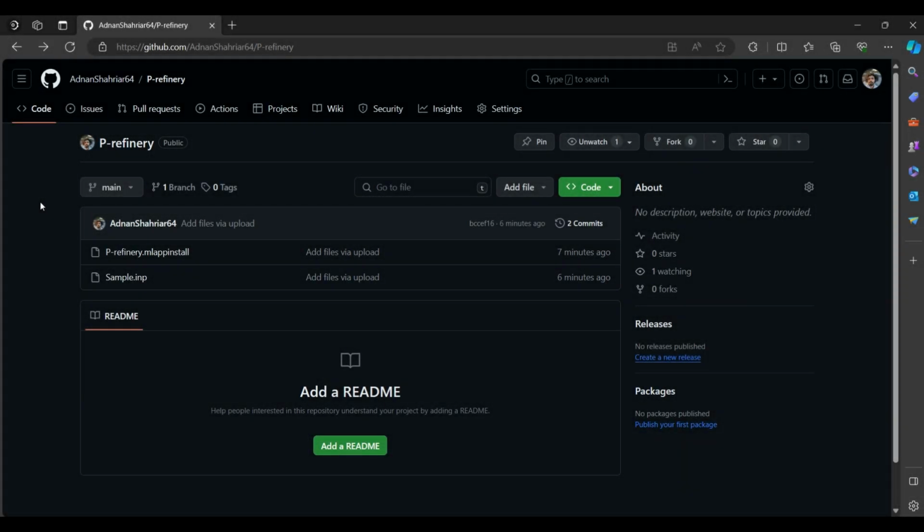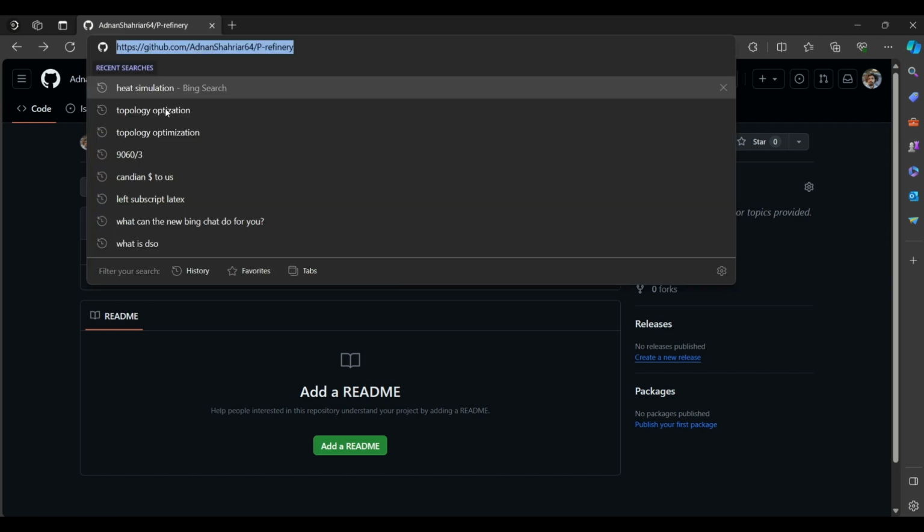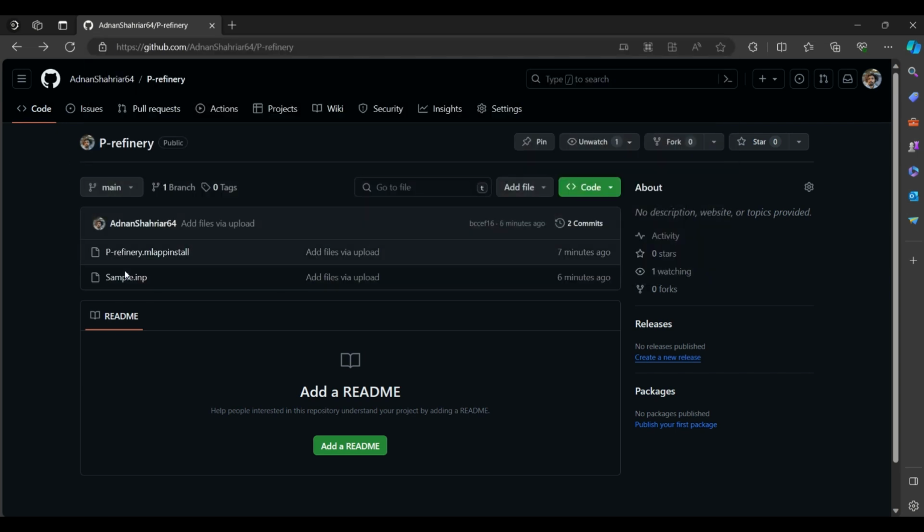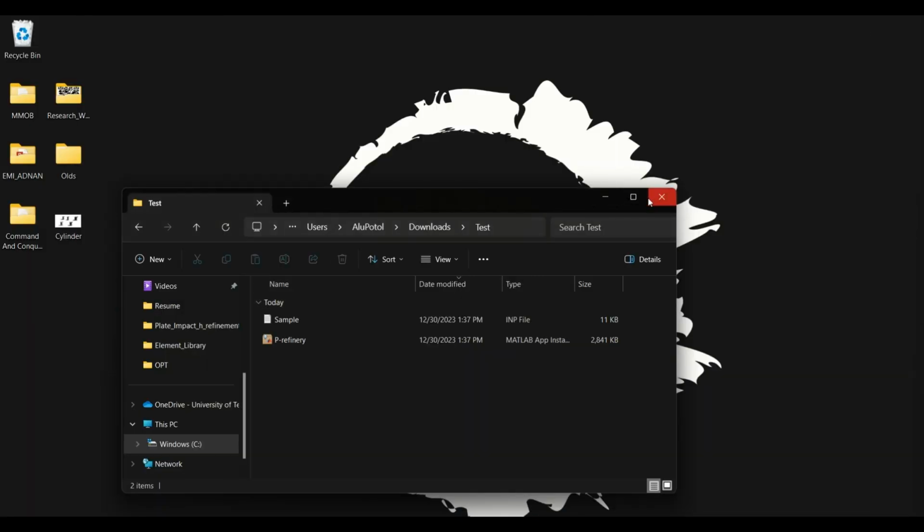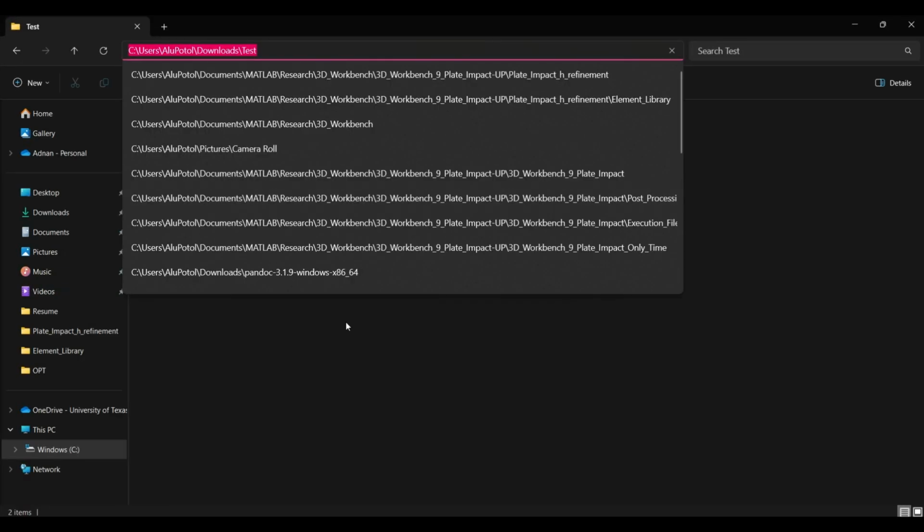Hello, here I'm going to show you how to install the app and use it. So first you go to the link provided and here you can see the installation file, the refinery AML app install. So you can download this file and I have also downloaded this input file to show how this app works. So I put these two files into this folder